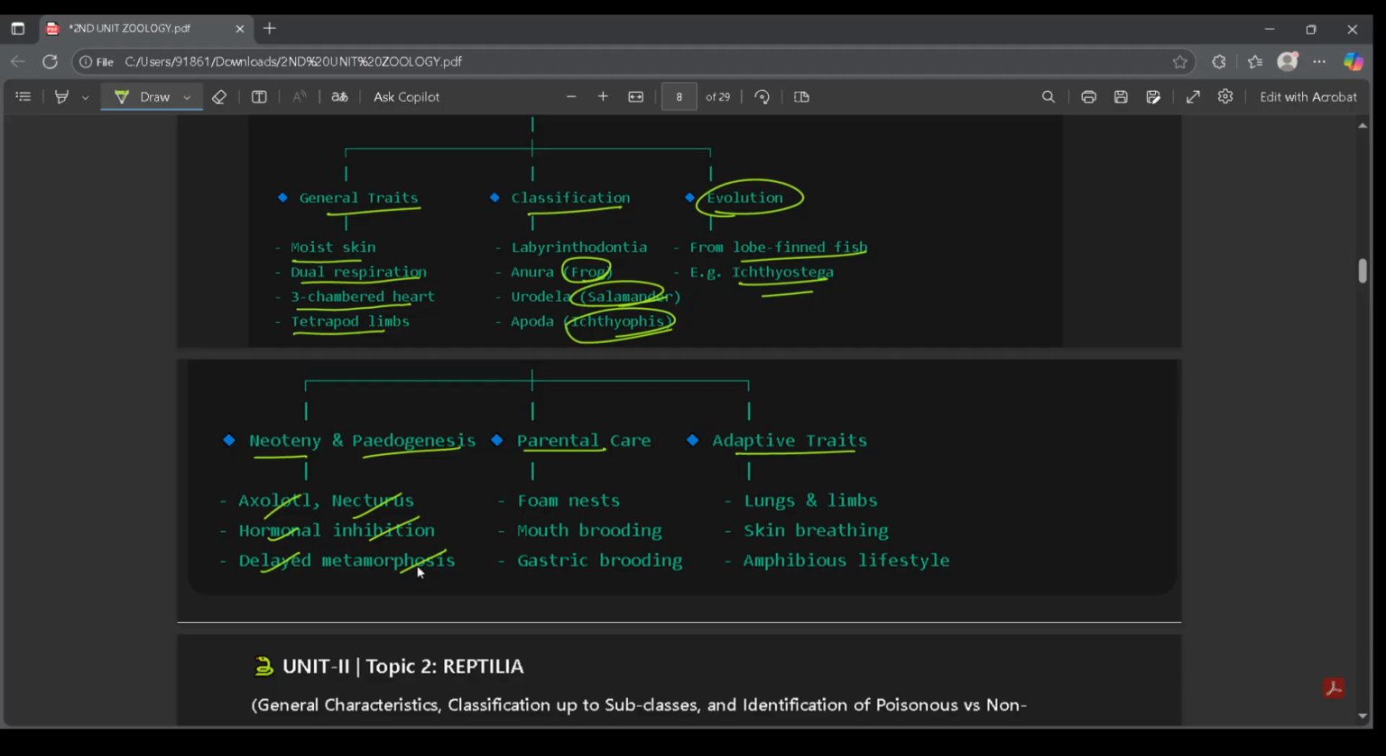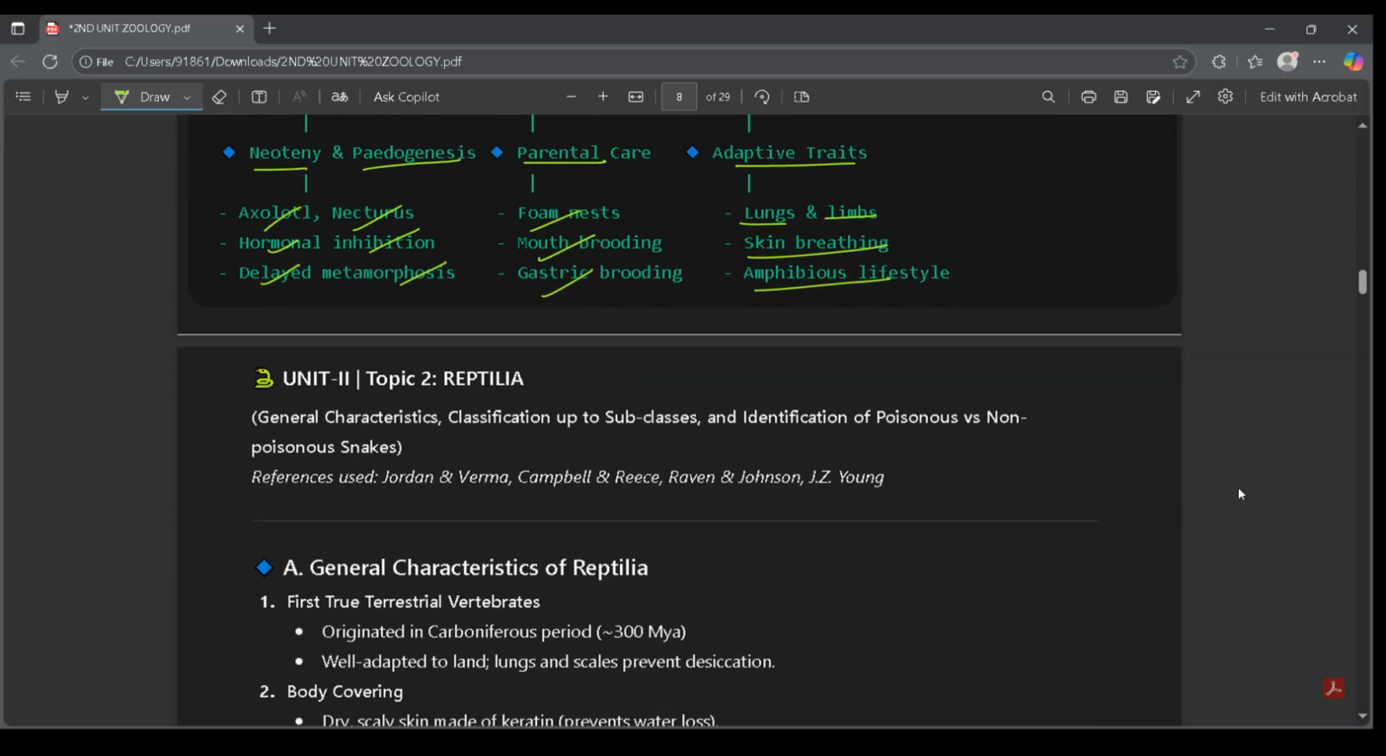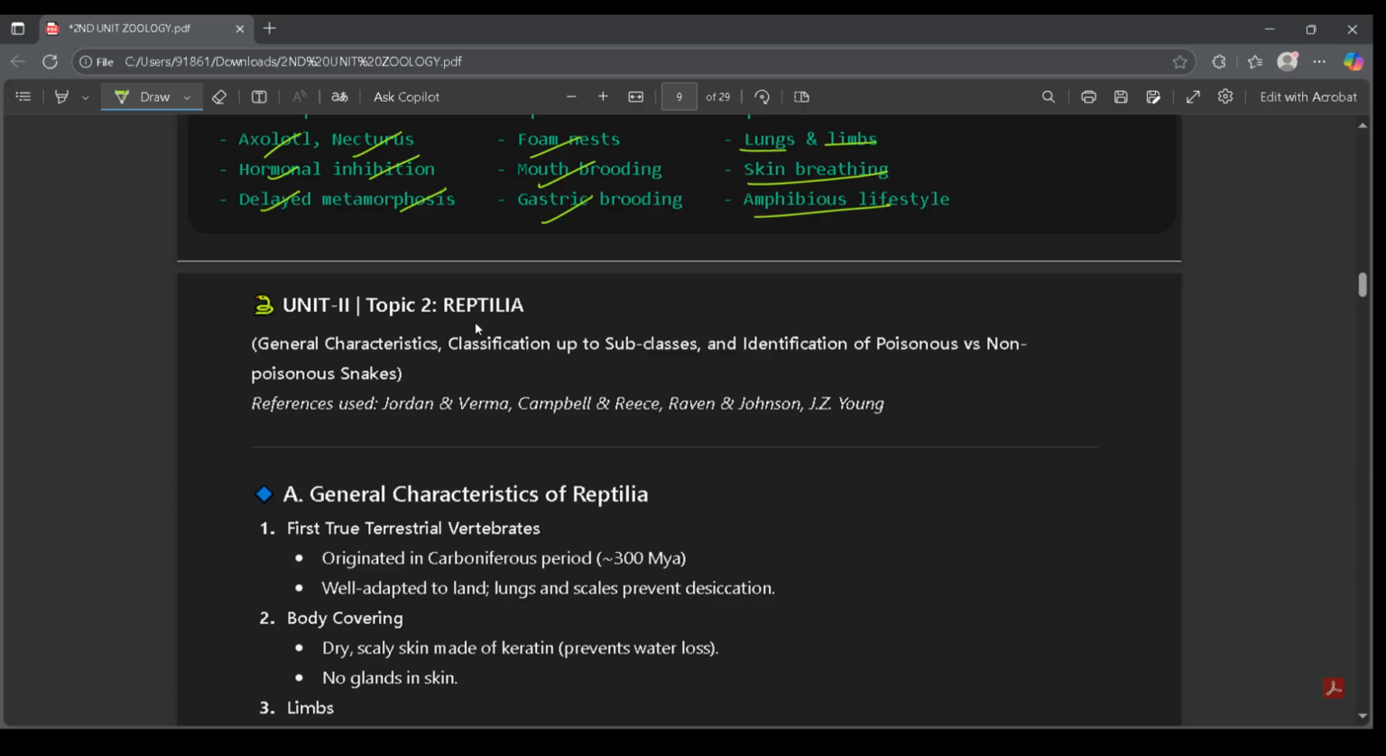Under parental care, we can see that they form nests, and do mouth brooding and gastric brooding. We have adaptive traits: they have lungs and limbs, skin breathing, and an amphibious lifestyle. And pretty much we're done with topic number one, and we'll move on to topic number two, which is